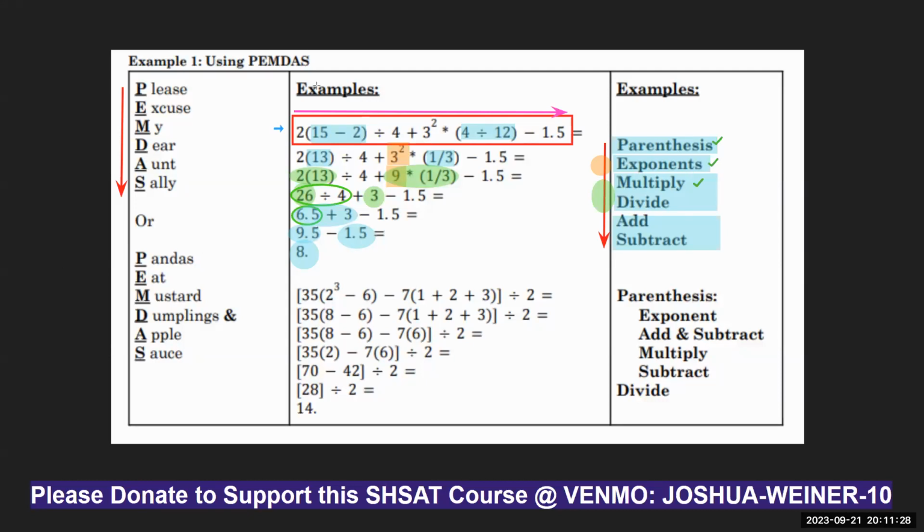I went to school in Chinatown, New York at PS 124, Astor Program for Gifted Children. And there, I guess in 5th grade or so, we used "pandas eat mustard dumplings and applesauce" when we started with our pre-algebra. So we all would chant it, and then we'd remember P for pandas, E, M, D, A, S. And that's to memorize the steps again in math, so that you too can work with problems in math and science. All right, so there it is, order of operations.